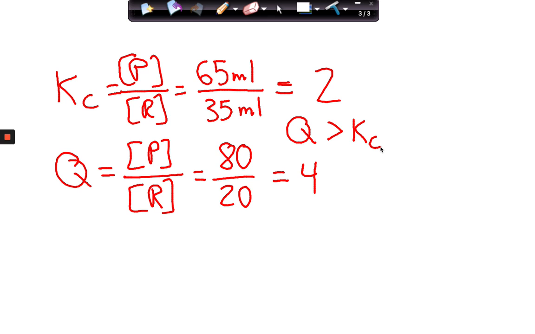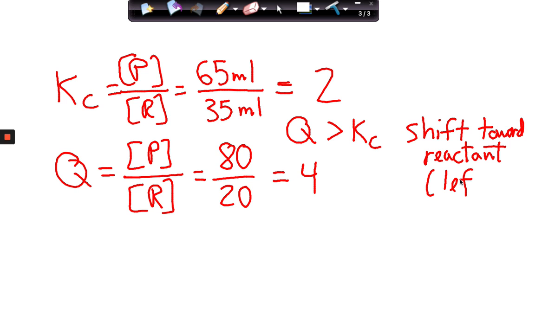So let me do a couple more to get it back to 65-35. And let's just say that I'm there. I think I'm pretty close. So guys, in fact, you did see, though, that this went down and this went up, right? So the reaction moved towards reactants. The reaction moved to the left. So guys, that is always what will happen, is this will always shift toward reactants, or we could say shift